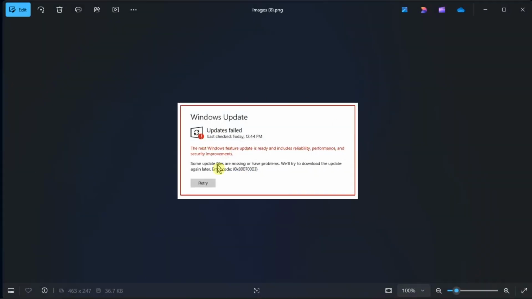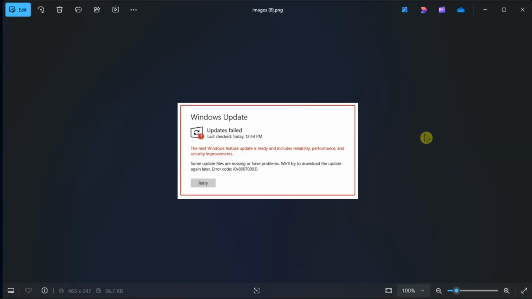A common error that users run into when trying to update their system is this error. So if this is also happening to you, let us explore the solutions you can try to resolve it. Now an easy way to resolve this issue is by deleting the contents of this folder or removing the Data Store